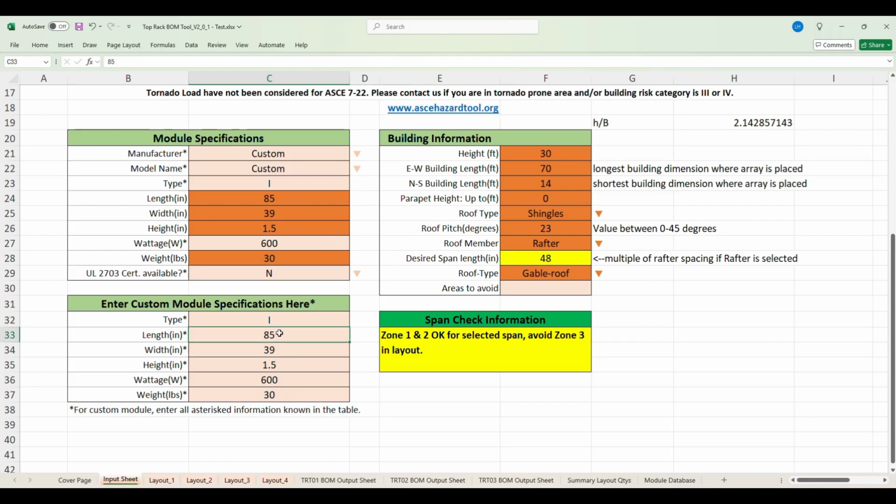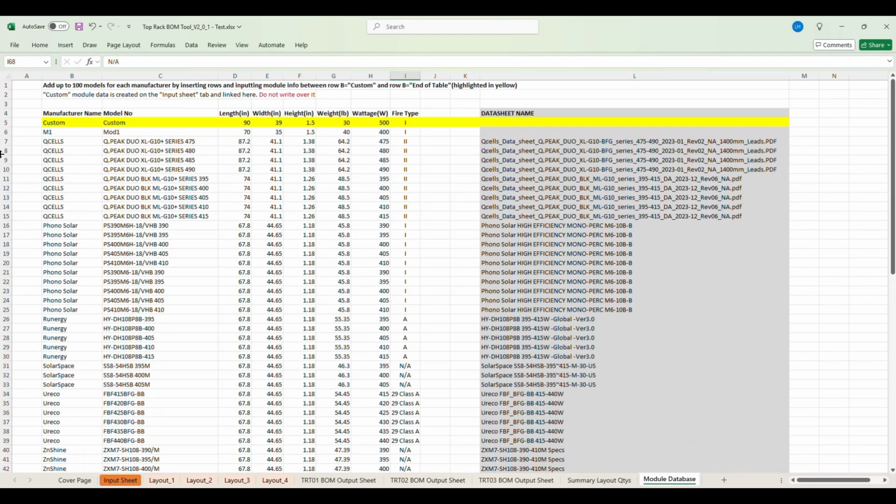Let's play with it. Like we change the length to 90. Automatically synced up in the upper table. So this will be the 500 watt panel you are going to use. Automatic sync up. Those data are actually stored in line 5